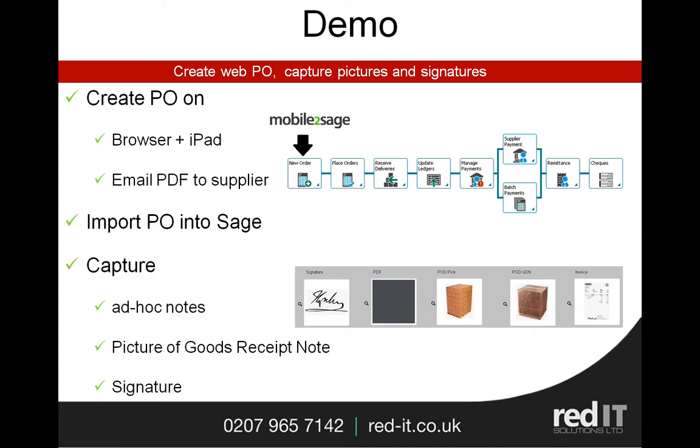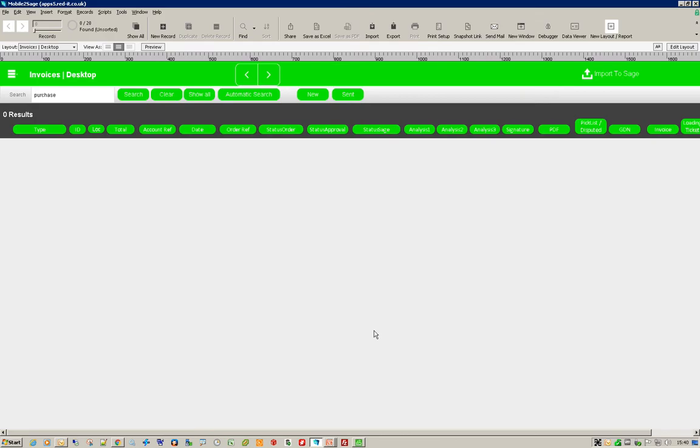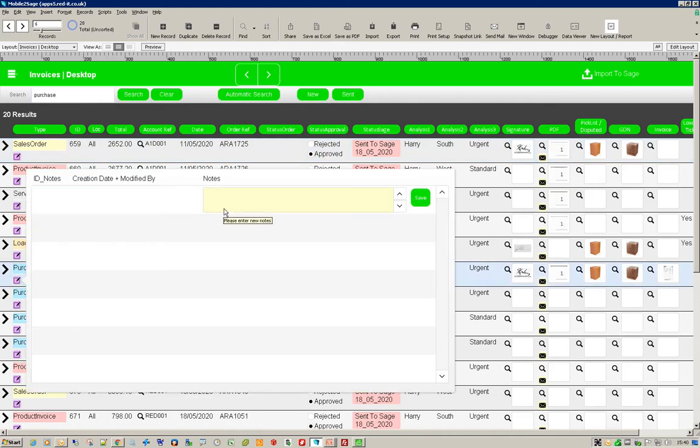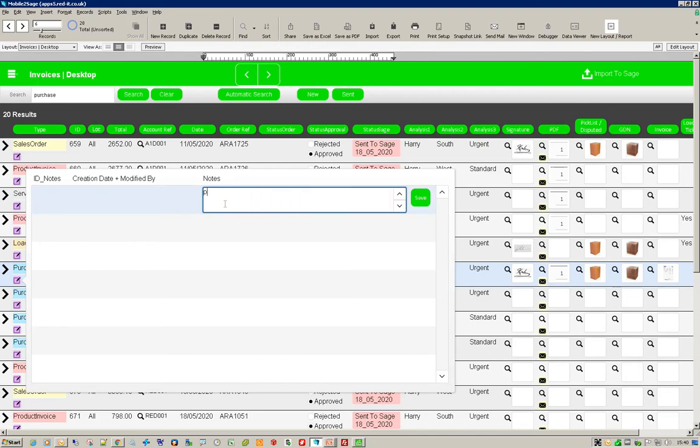Oh, one thing I didn't show you was the ability to have ad hoc notes. So if I go back into the application and show those, there we are. So these are all the topics. So for example, in here, well, that was 679, which is there you go. It doesn't really matter which one we use. So if I pick the 665, I can put on there price rise on 1620, and that will always be